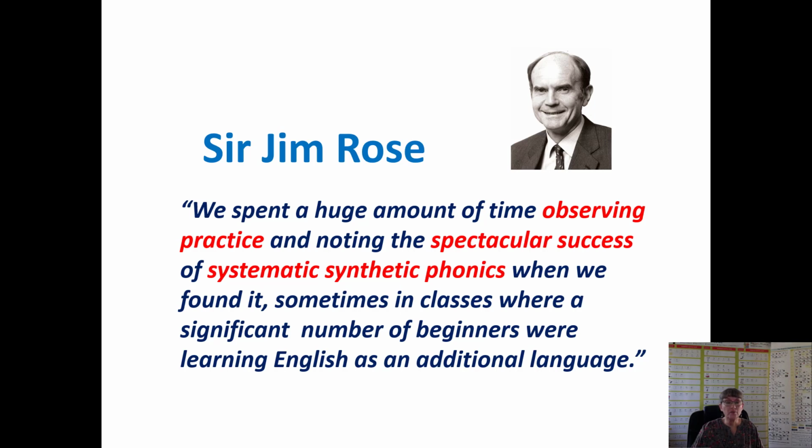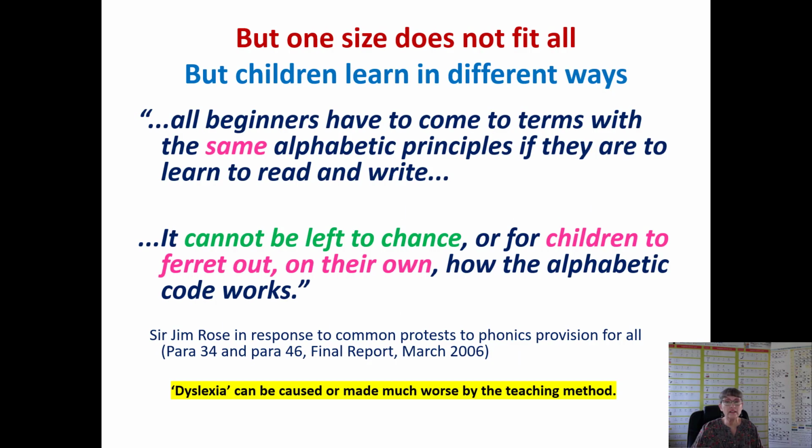Sir Jim Rose said, "We spent a huge amount of time observing practice and noting the spectacular success of systematic synthetic phonics when we found it, sometimes in classes where a significant number of beginners were learning English as an additional language." Now, there are lots of mantras that people quote to try to query this business of teaching phonics to everyone. For example, one size does not fit all, or children learn in different ways. But what Sir Jim Rose did was very clever. In his report, he pointed out: